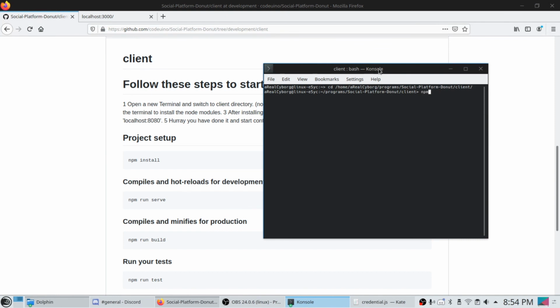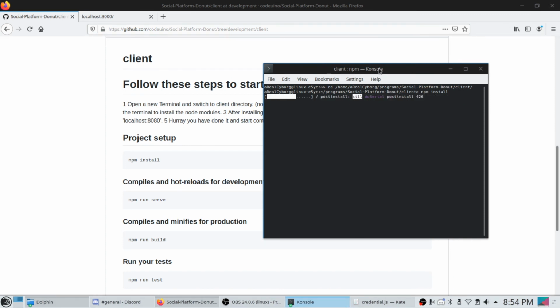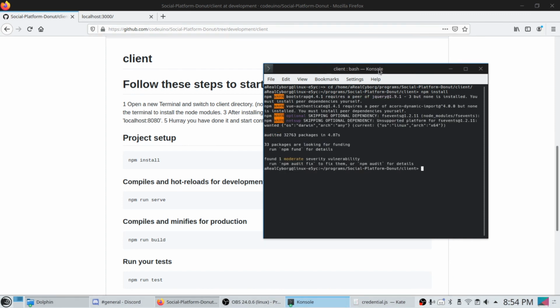We're going to use npm install. So after npm is installed, I already had npm install, so if anyone's wondering why my thing looks different, we're going to use the command npm run serve,